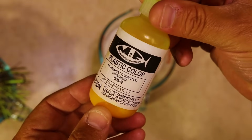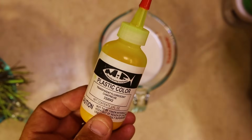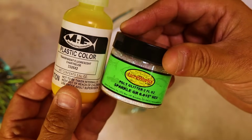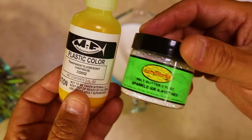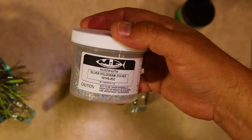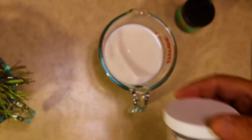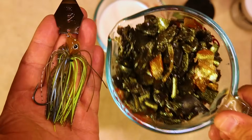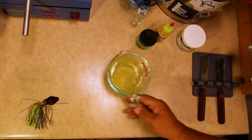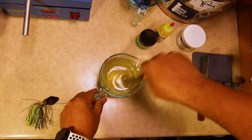For the bottom side, I think we're going to go with some transparent fluorescent chartreuse. Absolutely love this color. And then we're going to throw in some of the Sparkle Green Flake by Lureworks, because I did see some of that sparkle green in there as well. And if we have to add more color and pop, I do have the Silver Holographic Flake on standby, but I don't know if we're going to need this or not. First things first though, let's get this in the microwave and melt it down and see how our top color is looking. Okay, while we are letting that first color rest inside of the vacuum chamber to get all the bubbles out,